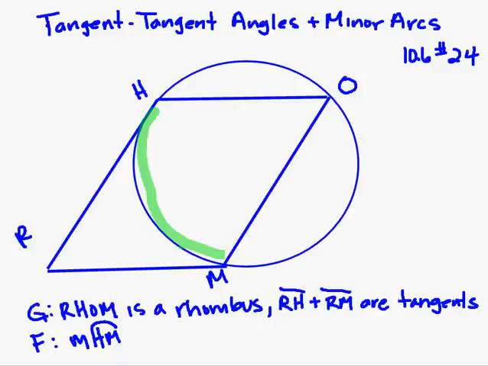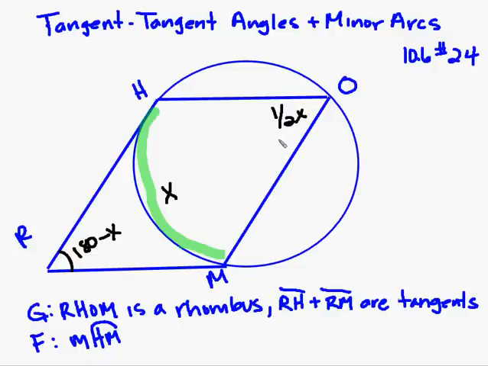So the first thing that we're going to do is identify the measure of arc HM as x. Well, since the measure of arc HM is x, I know that the measure of angle R is going to be 180 minus x. I also know that the measure of HOM, or angle O, is going to be half of the measure of the intercepted arc, which is x. So I can say the measure of angle O is 1/2